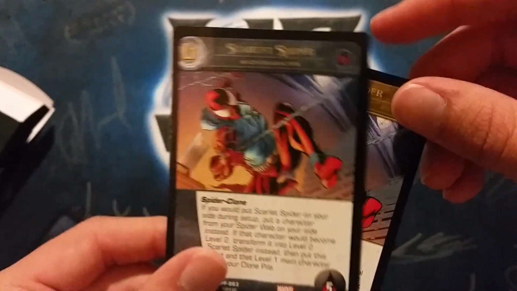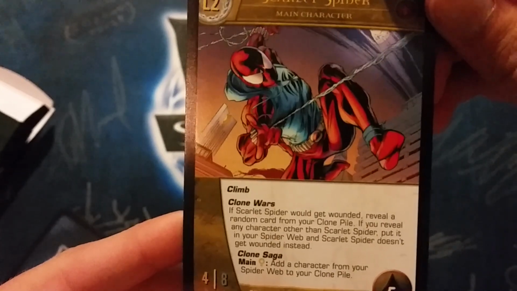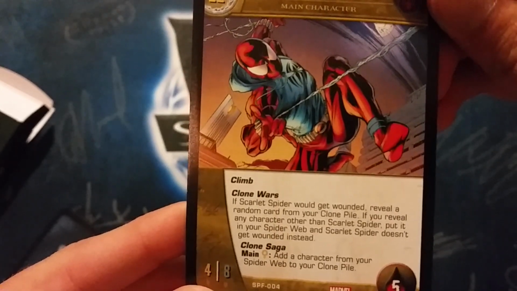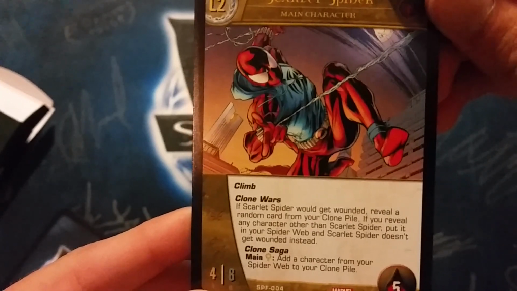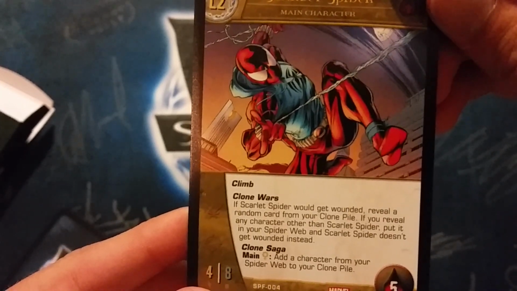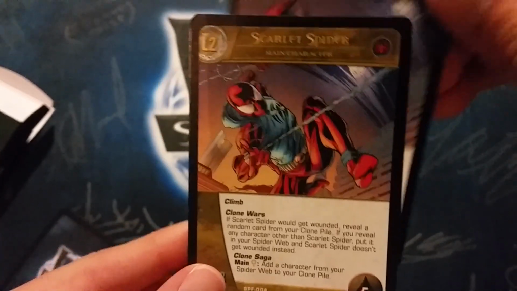So basically, your spider web is all other main characters with spider in its name. And then when they would level up, instead you bring out this guy. And then if Scarlet Spider would get wounded, reveal a random card from your clone pile. If you reveal any character other than Scarlet Spider, put it into your spider web, and Scarlet Spider doesn't get wounded instead. So basically, you just randomly don't want to hit this, and then you can...